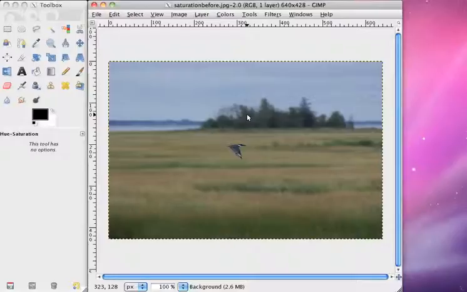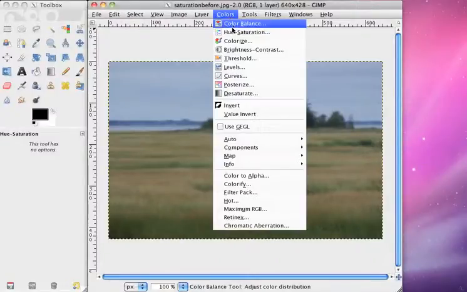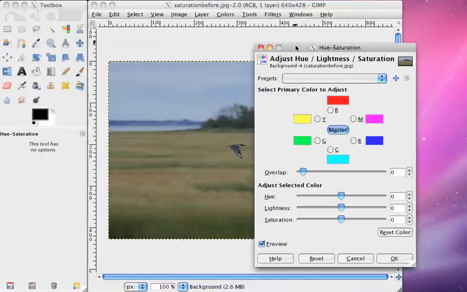So if you ever have any photos that are taken under non-optimal conditions, you don't have a lot of light, or it might have been quite hazy or dark out when you've taken the image, the hue and saturation tool is another feature that you can access to increase the overall attractiveness of your photos and portray the colors as you'd seen them. So to make our initial change, once again we're going to select colors, hue and saturation, and